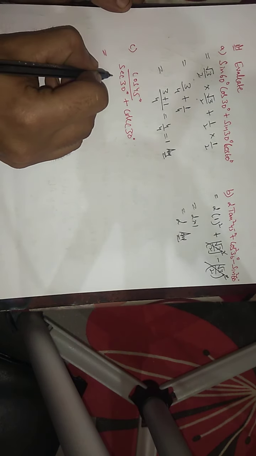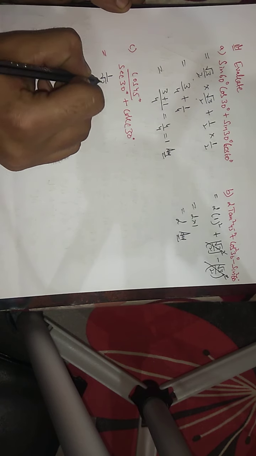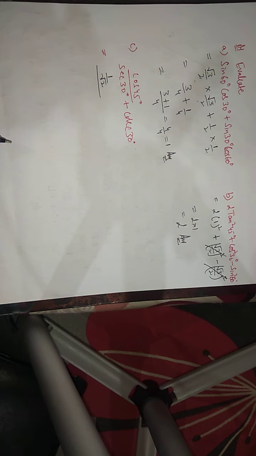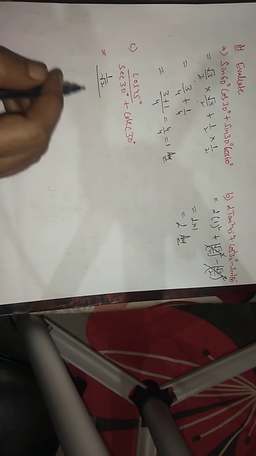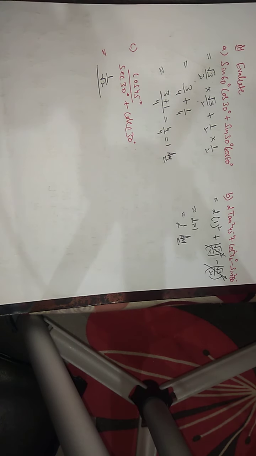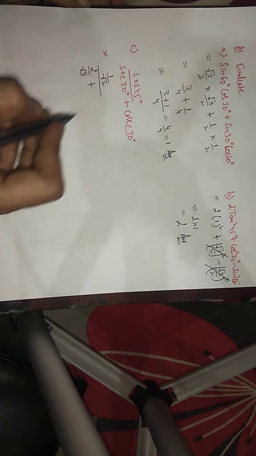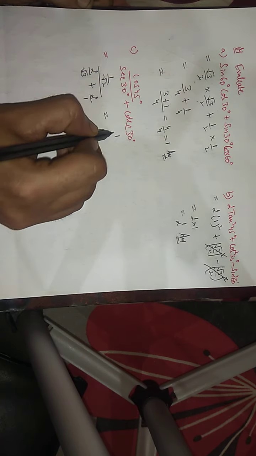As we know, cos 45 is 1 by root 2. The value of cos 30 is root 3 by 2, so sec 30, its reciprocal, is 2 upon under root 3, plus cosec 30. The value of sin 30 is 1 by 2, so its reciprocal is 2 upon 1. So when we solve it, it's 1 upon root 2,